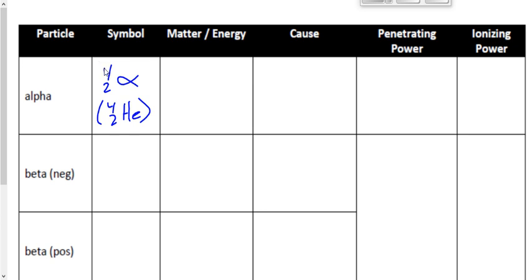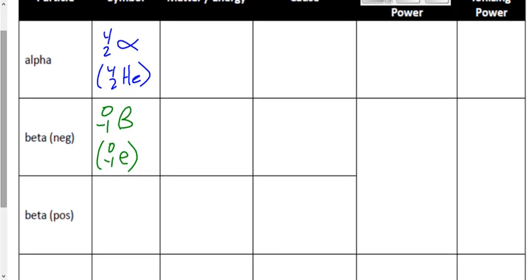Beta negative. A beta negative particle that's released as a result of an unstable nucleus trying to become more stable looks like this: 0, -1, beta. Well, that's exactly the same thing as an electron. So sometimes we actually write it as 0 -1 e. Beta positive,